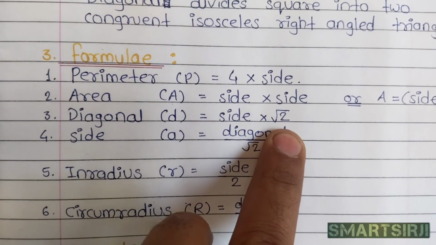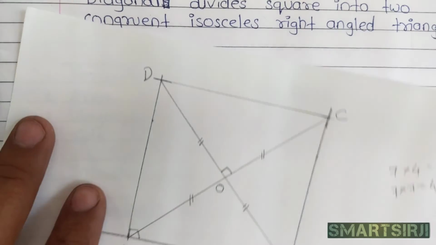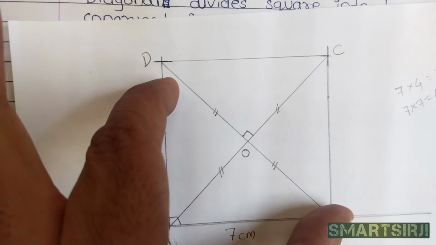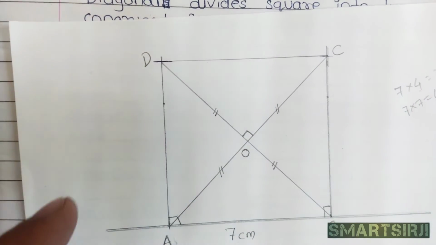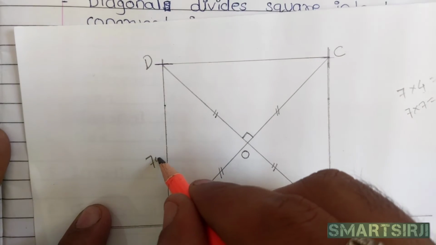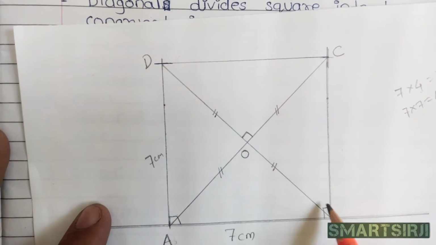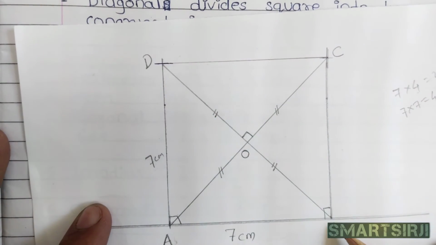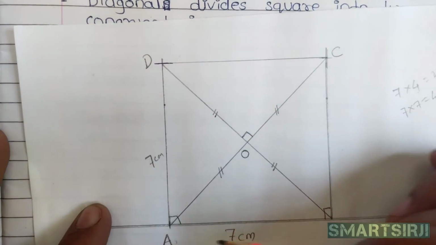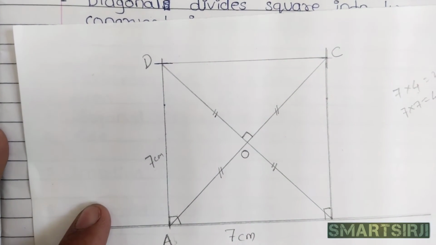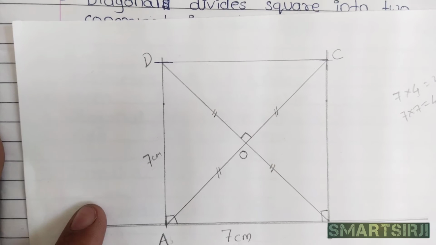It is obtained by the Pythagoras theorem, because suppose we have to find the length of that diagonal. So by applying the Pythagoras theorem in the right angled triangle, 7 square plus 7 square is equal to BD square. Hypotenuse square is equal to the summation of the two sides squared.